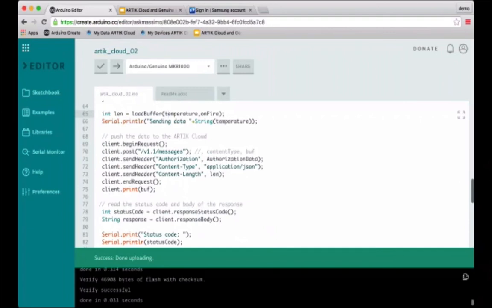So this is how you use the HTTP client. Basically, you begin a request, then you specify you're going to be posting on that particular URL. The server address was specified the moment we created this HTTP client at the beginning of the code. Then we set the headers. One is authorization, and we provide the device token. We specify the content type. We specify the content length. And then we basically say, okay, now end request. So this is going to package up a request, send it up,